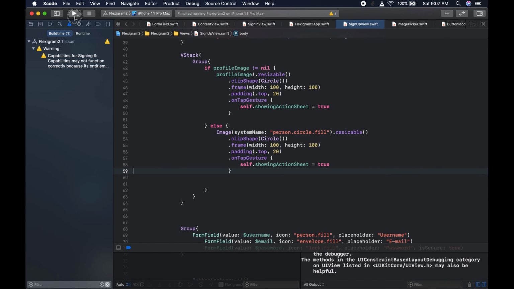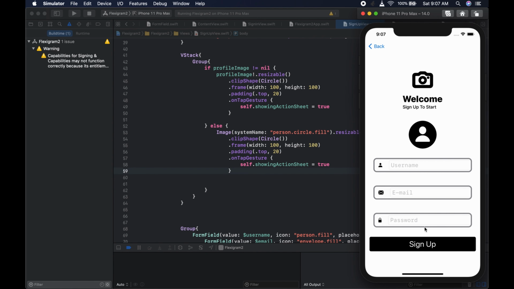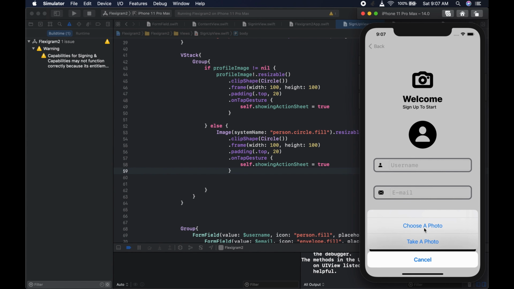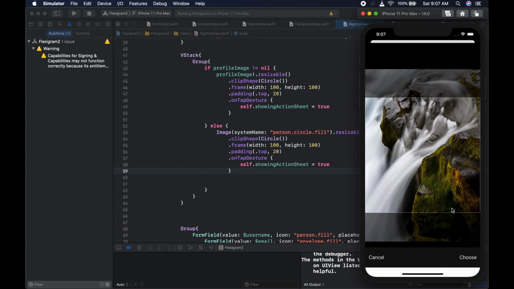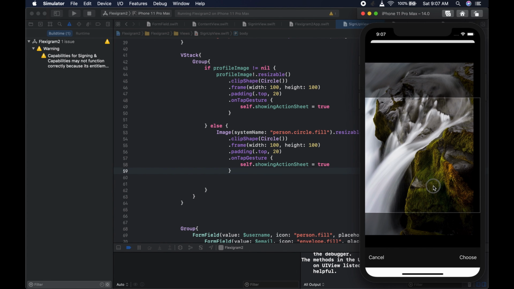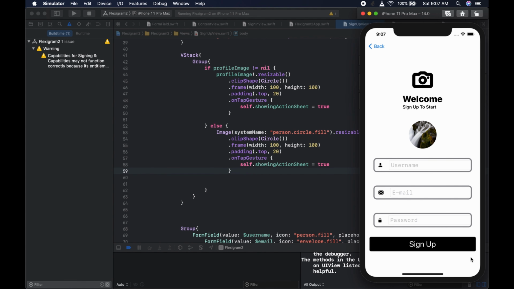Let's now try things out. So let's hit the run button, and hopefully we'll get our app. So we come here, we move to the sign up view, and we hit that, and we get this circular button, and we can click on it to pick a picture. So we click on it and we get choose a photo, take a photo, and we hit choose a photo, and we are given our photos, and we could pick, let's pick this one, and we can edit it a bit, some minor editing. I remember in our image picker we put editing, and we can hit choose, and we get our photo,